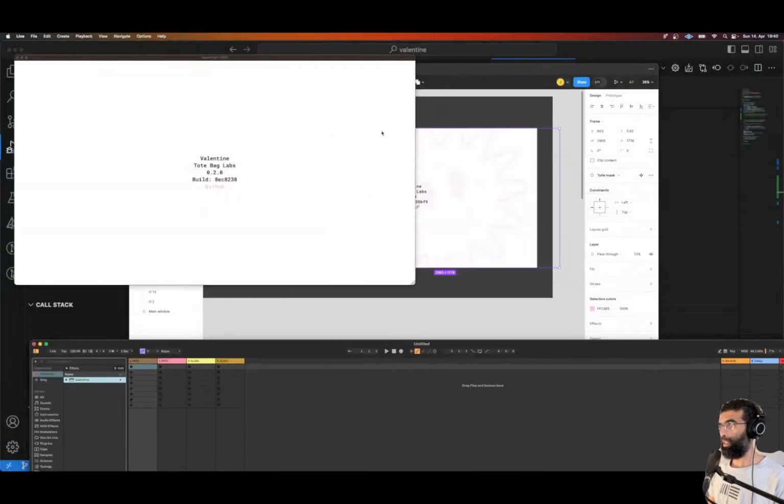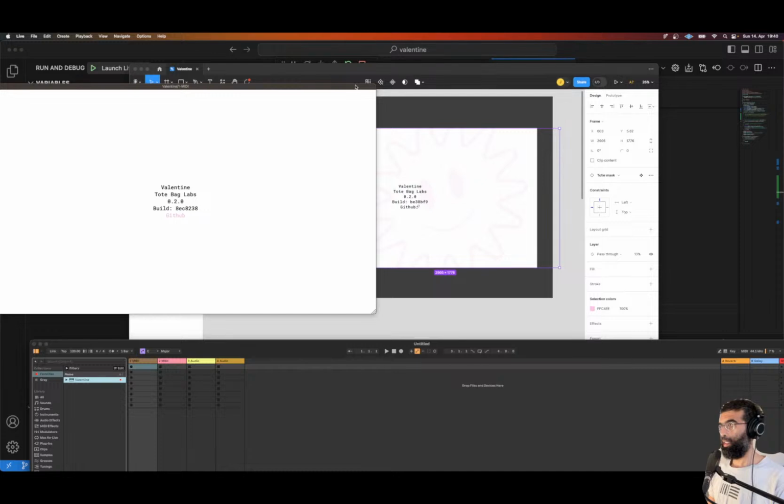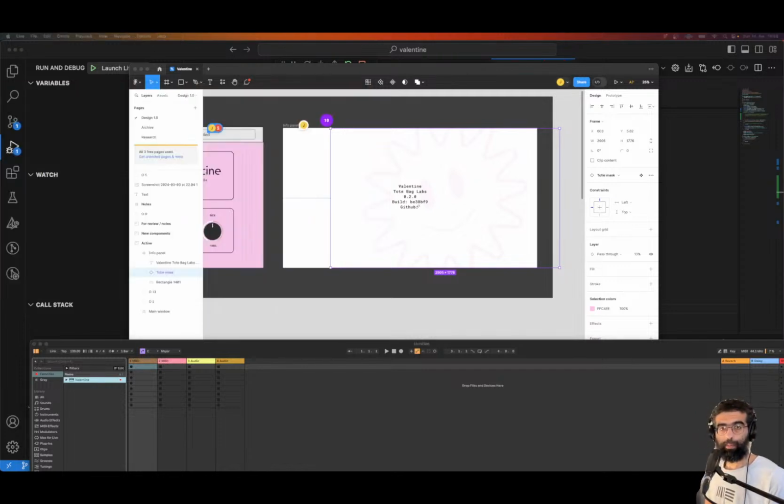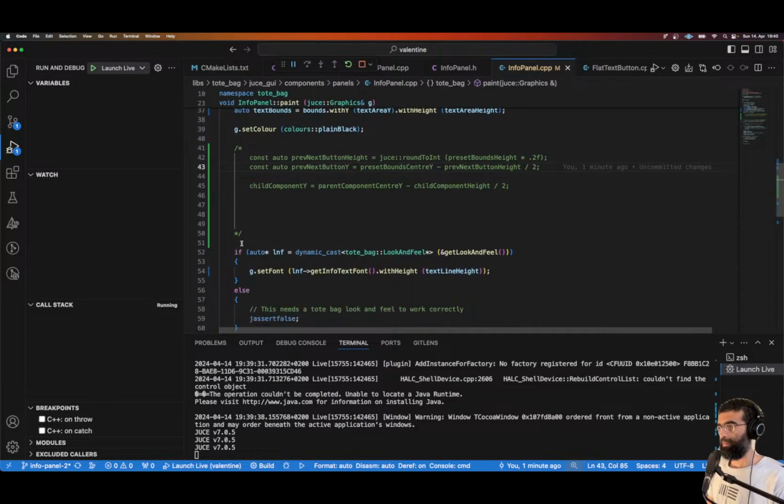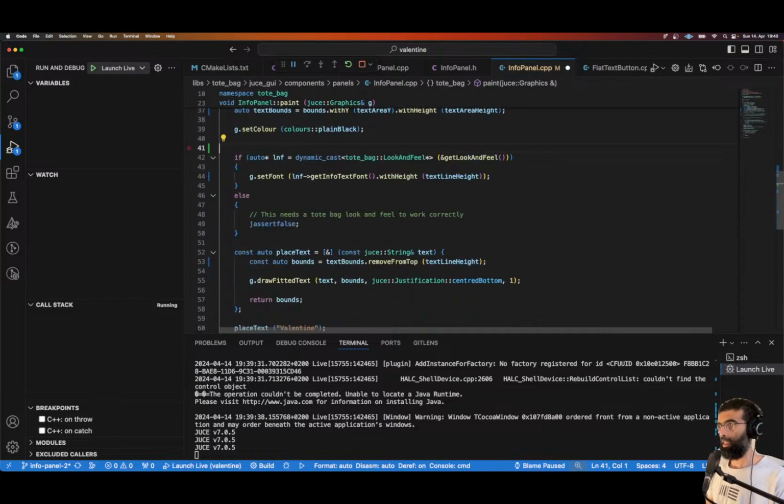Oh, you know what? I think the kerning is a little bit different. Feels a little more spread out. But before we jump ahead to that,